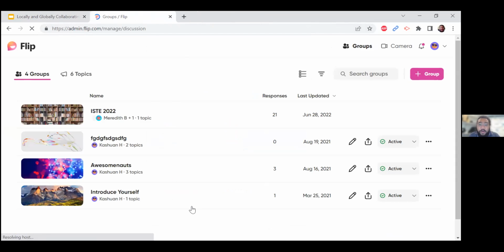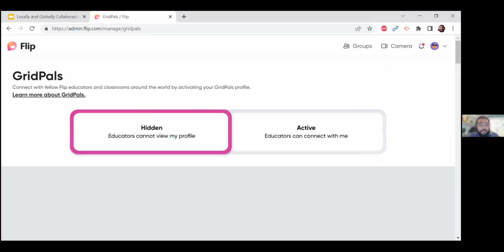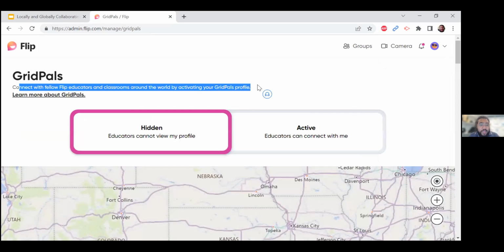Okay, I already got some topics there on here, which is great. If you want to get connected with GridPals, you'll have to go to the top right-hand corner and click your profile picture. Mine is that little smiley guy with the sunglasses on there. I like that. So if you do that, you'll get the drop-down menu. If you click on GridPals, it will give you a small description of what that is,